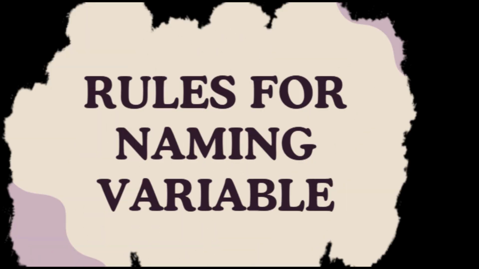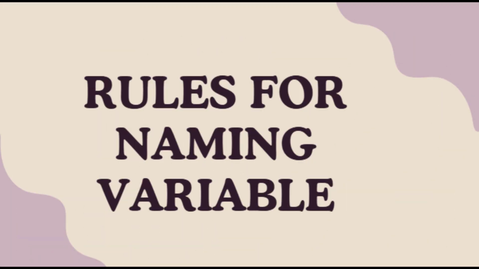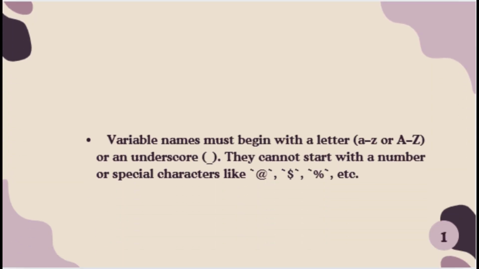We will discuss the rules that we have to make sure we follow before naming any variable in the code. The first rule states: start with a letter or underscore sign. It means that the variable name must begin with a letter or an underscore sign. They cannot start with a number or any special character on the keyboard like percentage sign, dollar sign, comma, slash,